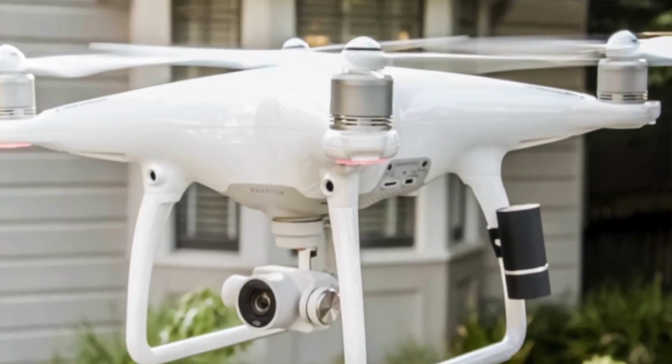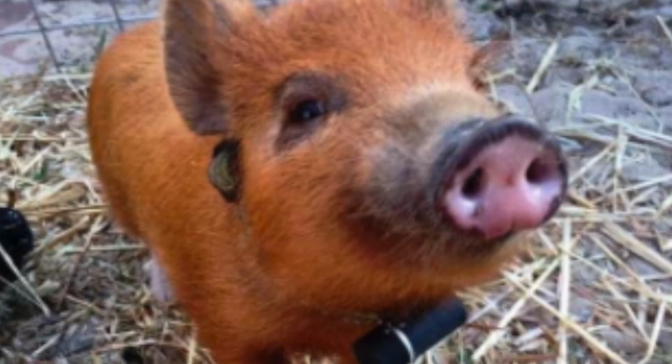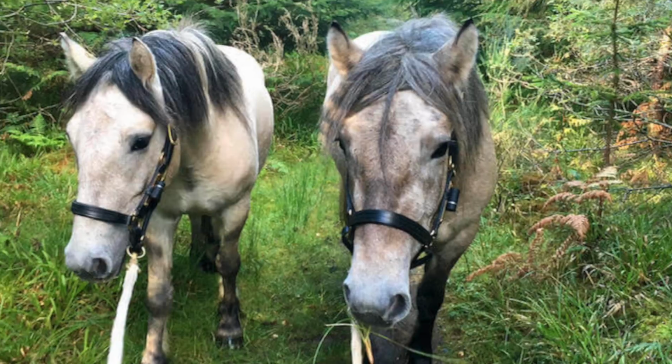As you can see from the title, this is the Pod 3 GPS tracker. Now they market this a lot as a pet GPS tracker, which is definitely its primary use, and a lot of pet stores actually carry their previous model. But this could easily be put onto drones, cars, bikes, motorcycles, boats, anything that this thing can easily clip onto,